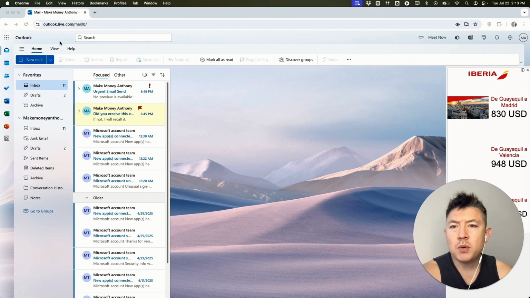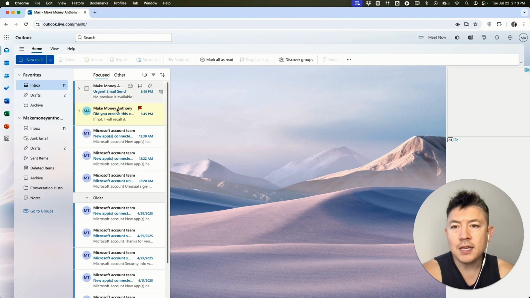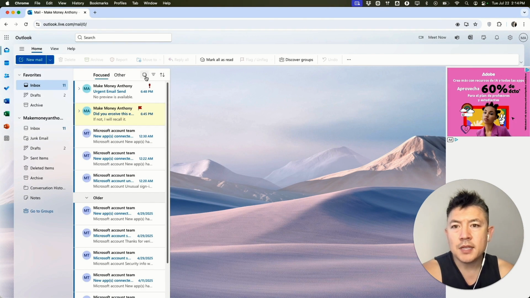Now here on the home screen, if you want to go ahead and mark all of your emails as read, first click on Inbox here on the left. Once you do that, you're going to see all of the emails in your inbox, and you want to click on this little square icon right here. It's called Select. Once you click there, you can see a little box show up here to the left of